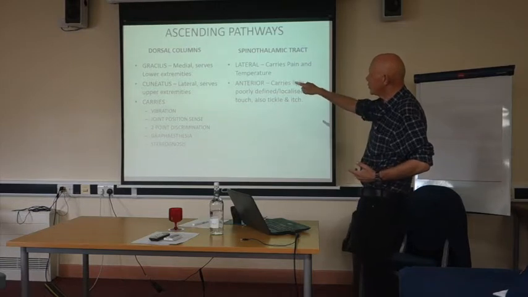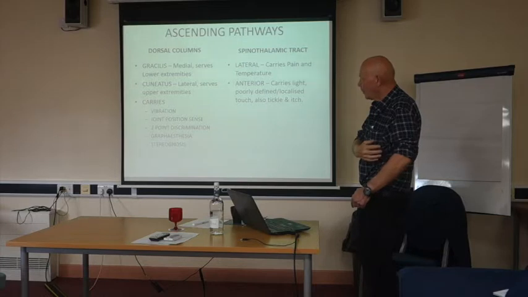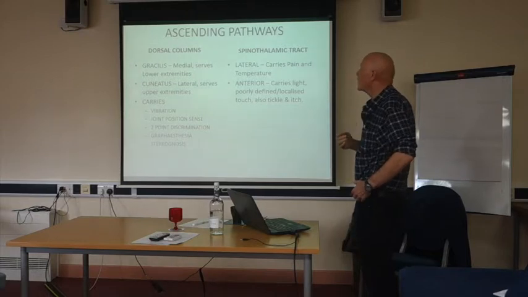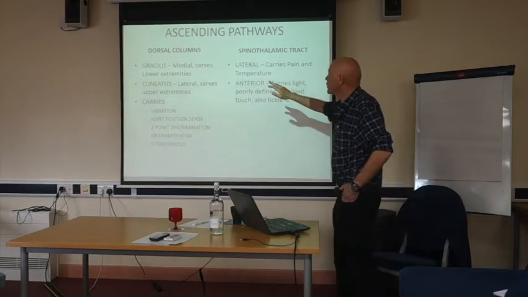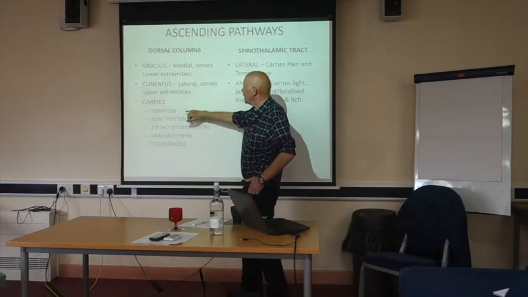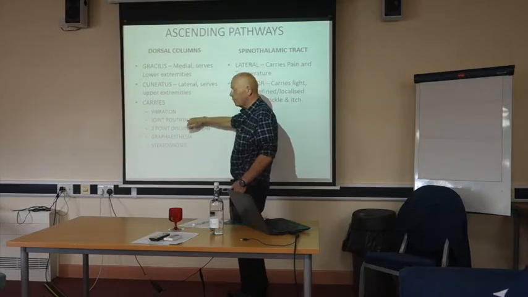And then the lateral one is the cuneatus, which is the fibres that the upper extremity neurons go up. And those dorsal columns carry primarily vibration sense, joint position sense or proprioception,